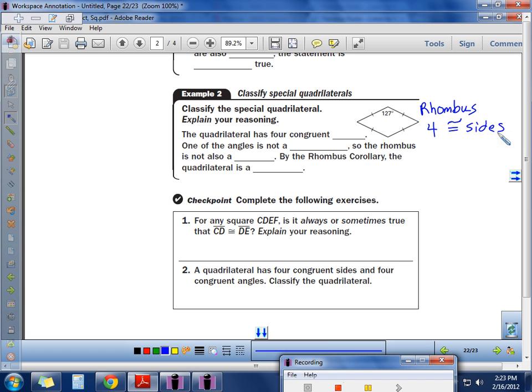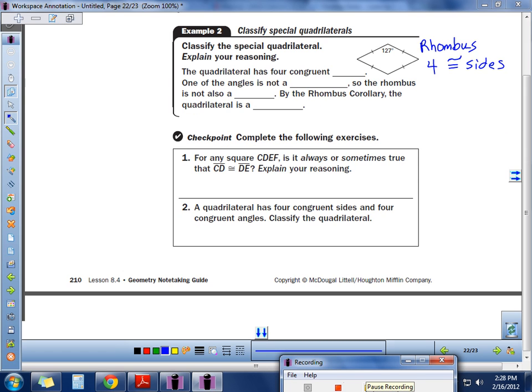Try the checkpoint. Checkpoint 1 says for any square CDE. So let's draw that square. It did say earlier, draw it. Usually by drawing it you see it better. On a square, and these are the properties of a square, it is always or sometimes true that